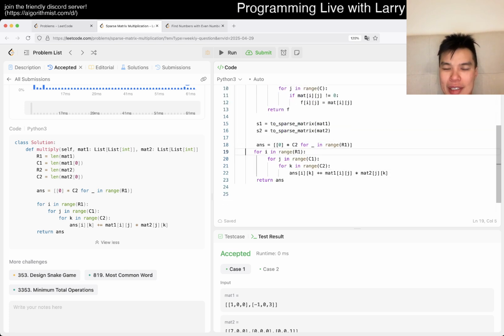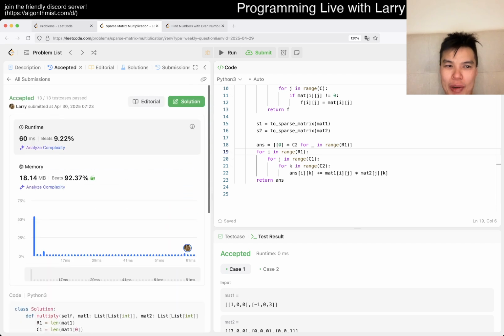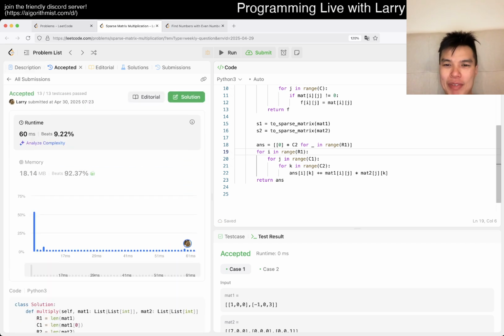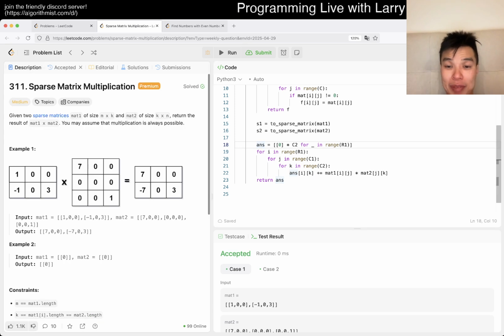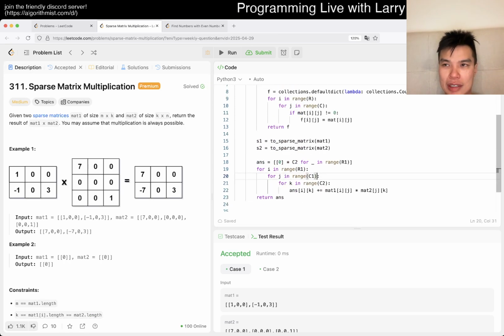In theory, you could convert it to a sparse matrix, do the math and keep it in the sparse matrix, and then convert it back. But because I'm lazy today, I guess I'll just keep it this way, right? So yeah, and the idea is that